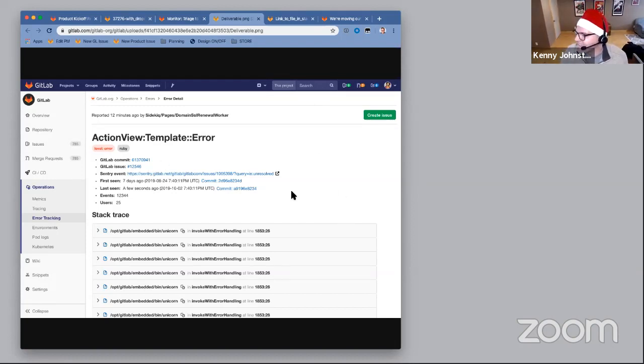The last one is actually in the stack trace. It's not displayed here, so I'm going to jump to a different screen where you can view the file for that stack trace. Now we're able to take you not just to look at the raw file, but actually take you to the git blame version of that file. So that will give you context around what specific lines have been changed in which commit by which developer. So imagine the power of being able to look at a stack trace while triaging an error and find the specific line and the specific developer who last adjusted that line and be able to contact them and pull them into the context of the issue.